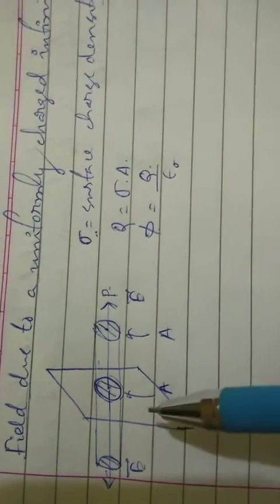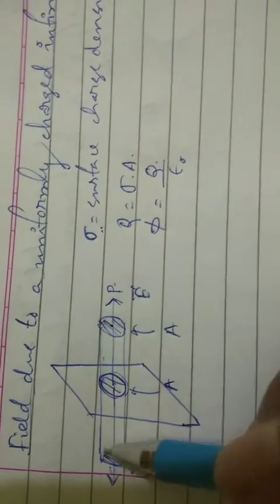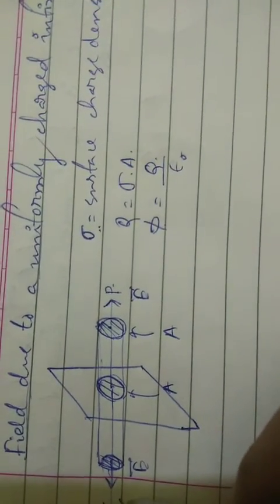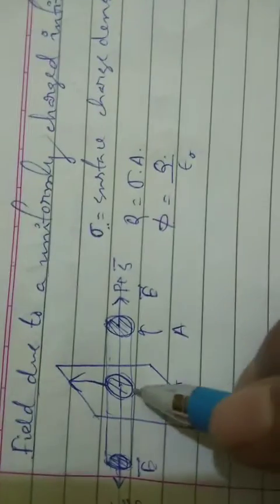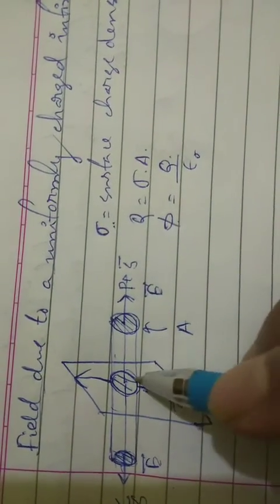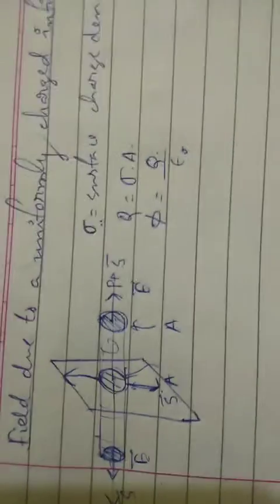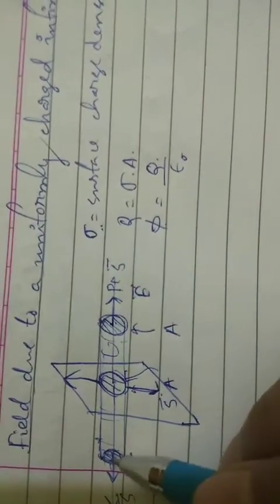Now here there are actually three surfaces, two circular surfaces and another one is a curved surface. For these two circular surfaces the area vector is in this direction, and for this one in this direction. For this closed surface, at this point the area vector is in this direction, at this point the area vector is in this direction. So for this curved surface the area vector and electric field are mutually perpendicular, so there will be no flux coming through this curved surface, but there will be flux through this surface and through this surface.